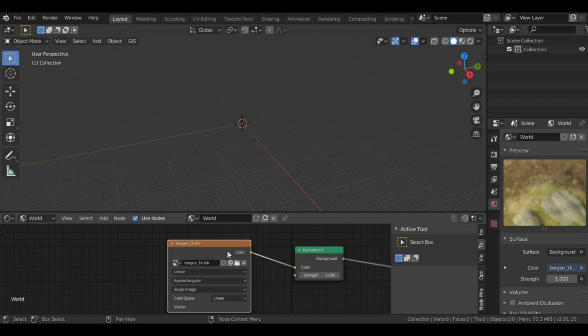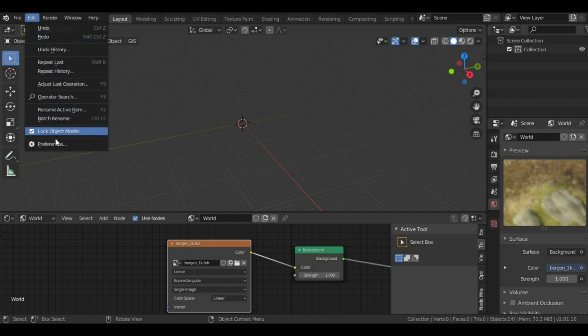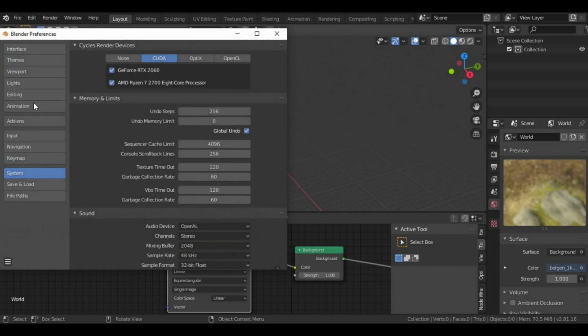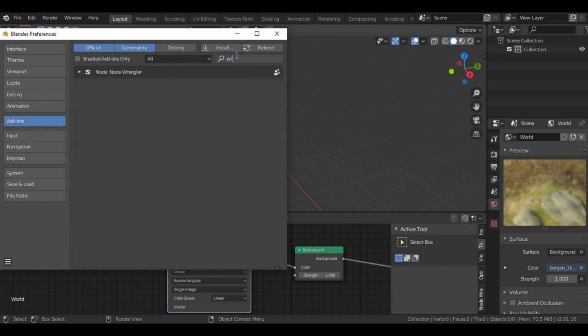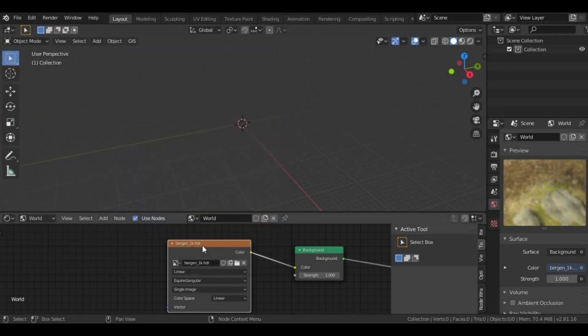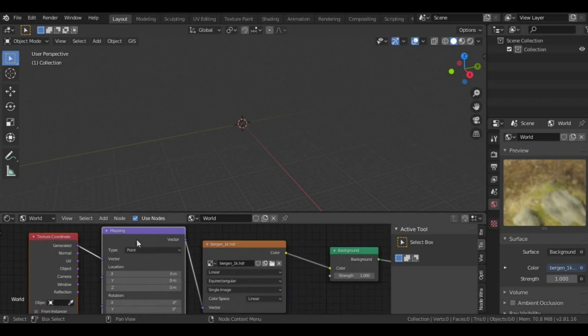Okay, another thing, I want to rotate my HDR file. So very easy what I'm gonna do here, but first you need to turn the Wrangler on. So here in Edit, Preferences, Add-ons, search for Wrangler. Here, Node Wrangler, and check it, save preferences. Okay, and now if you select this image and press Ctrl T, you already have a mapping and a